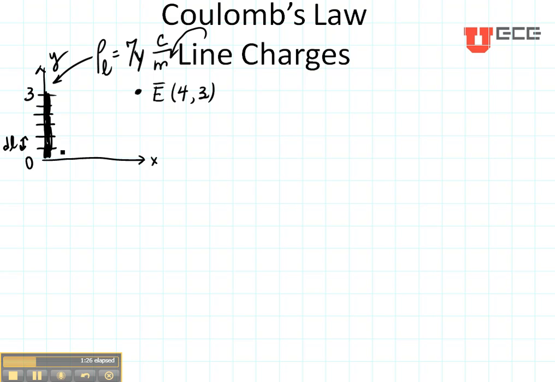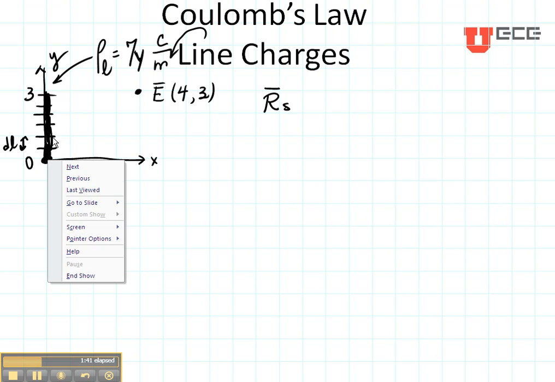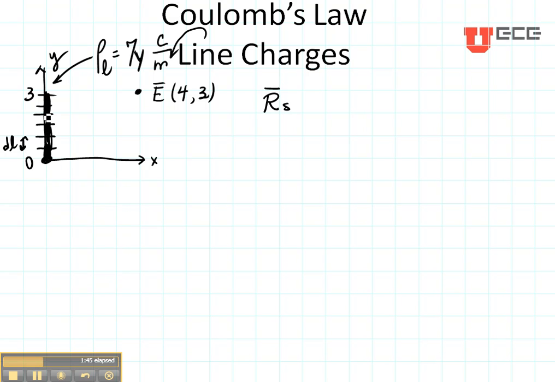Now we're going to follow our process exactly the same way we did before. The first thing that we need is an origin. There's my convenient origin. And then we need the vector rs. Rs is the vector from the origin to the source or to the charge. But right here we can see that there are several different places where we have charge, so we're going to just choose one of them, someplace along here, and write our vector rs.